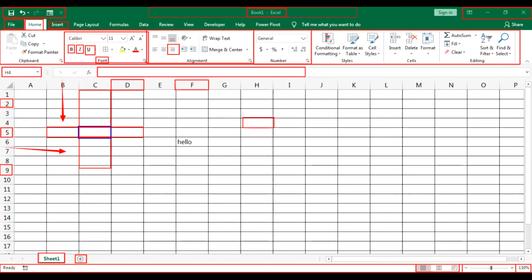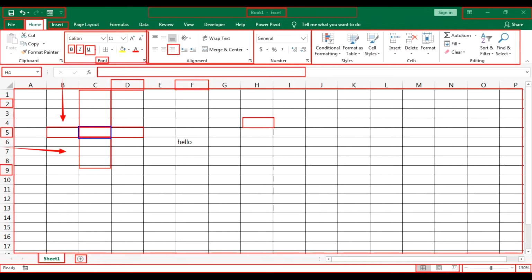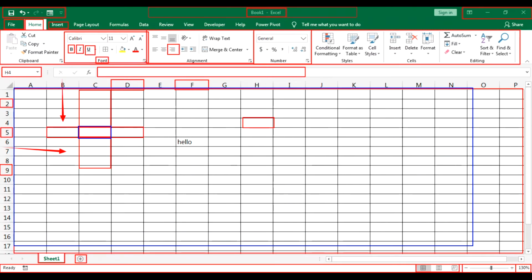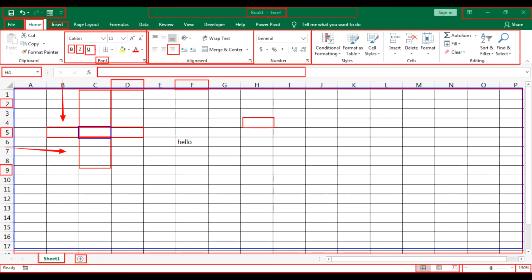This is the largest area, consisting of grids. Once again, with a different color, this blue area is called the worksheet. That means the first page that appears as you open MS Excel.